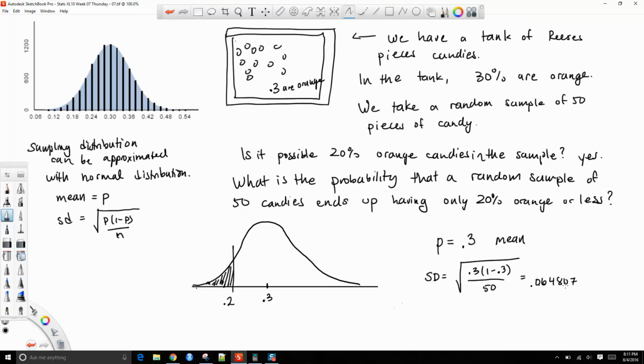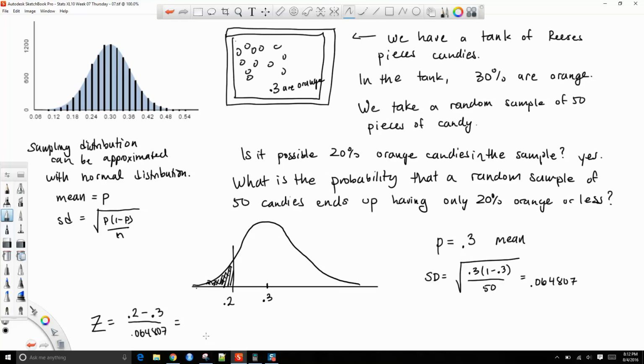I actually don't even have to write the whole thing out here, because what I want to do is get the z-score for 0.2. I want to know the probability of getting 0.2 or less. Because this is now a normal distribution problem, I just want to know the area below 0.2. So I'm going to find z, and what would I plug in? It's always x minus the mean, so 0.2 minus 0.3, divided by our standard deviation,